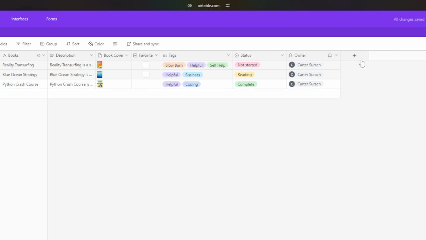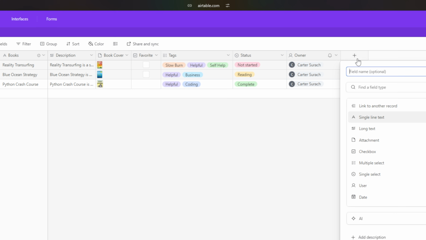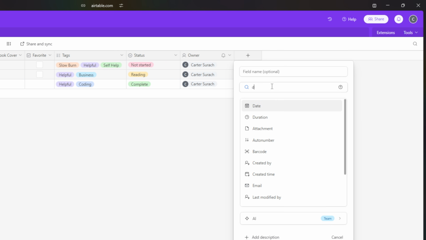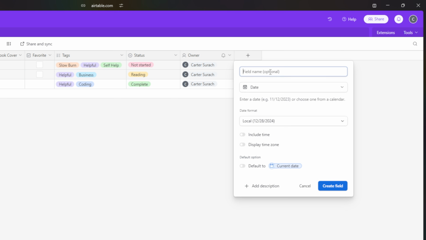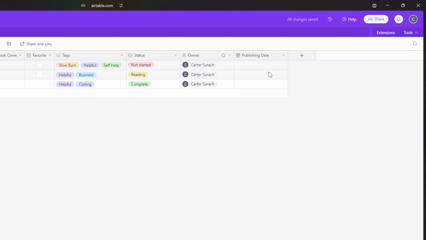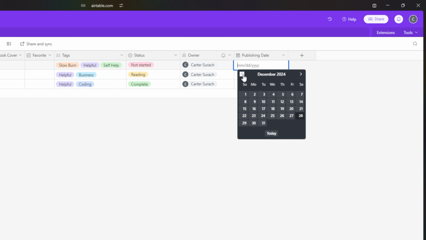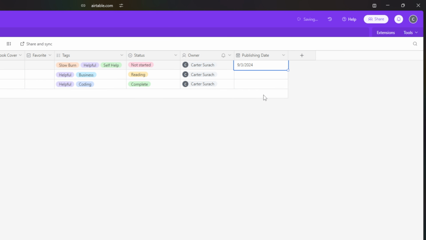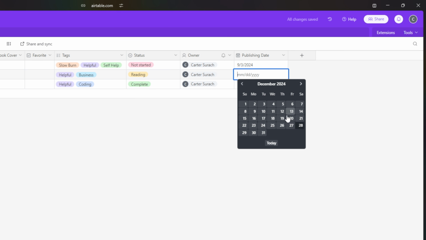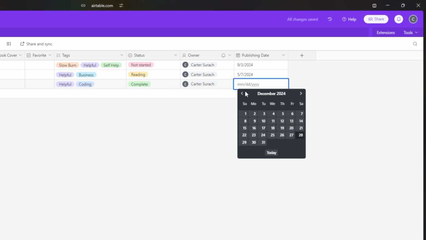And now we'll move on to the next field, which is the date field. So if I type in date here in the find field, I can add a publishing date. Let's imagine I want to keep track of when these books came out. So let's just click into it. And I can actually go and find exactly what day this came out on, and I can select it. So obviously these are going to be inaccurate, but I'm just putting random information right now just to move this